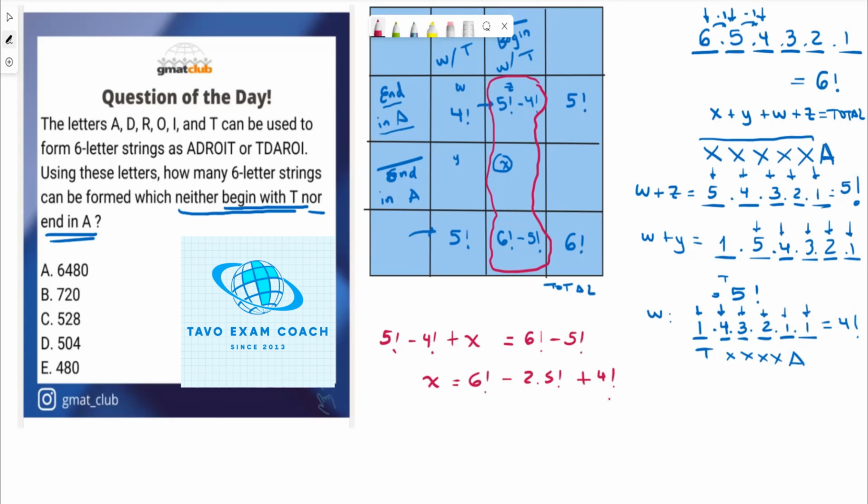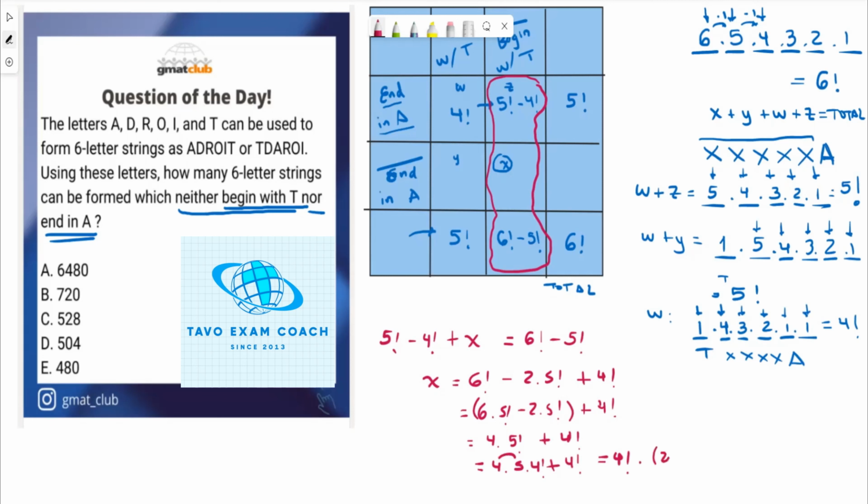Okay, you could see that the value of 6 factorial is the same as 6 times 5 factorial. So this difference here can be factored as 4 times 5 factorial, and this is 4 factorial. Because this is 4 times 5 times 4 factorial, then this sum could be factored as 4 factorial times 20